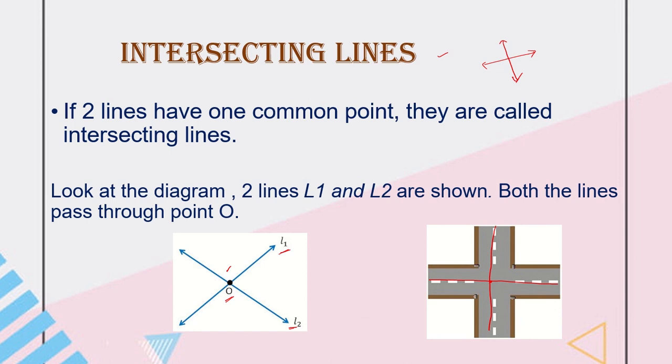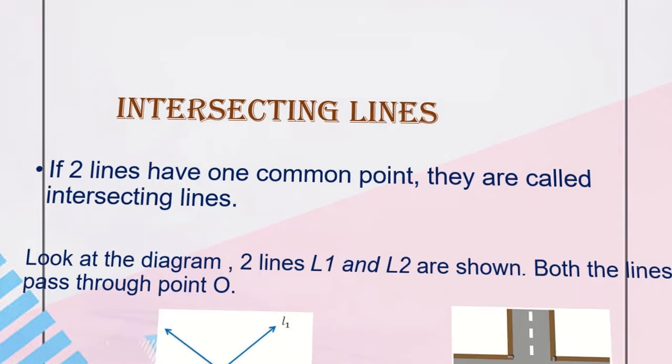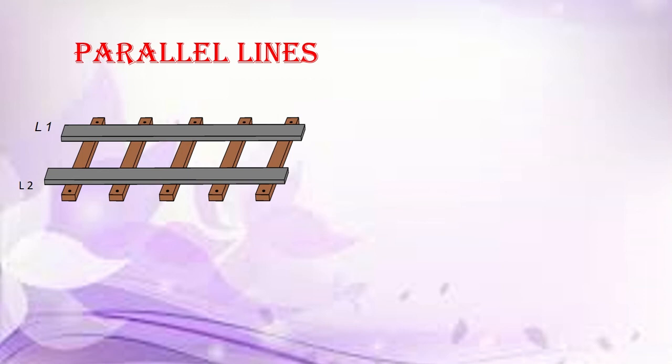Next topic is about parallel lines. All of you know about parallel lines. As you can see the railway track here, I have marked these tracks as L1 and L2. You can see L1 and L2 both are in this direction. Both are lines. Both are moving. I cannot measure the length, and the distance between these two would remain the same.